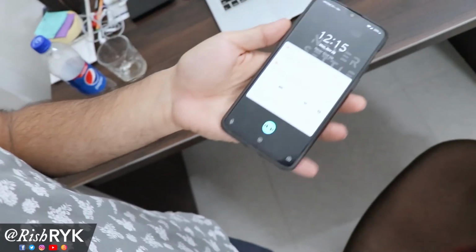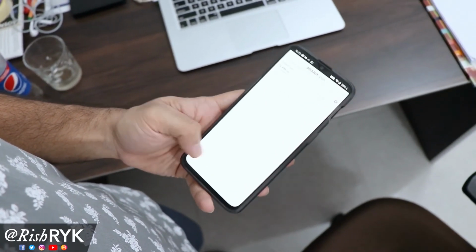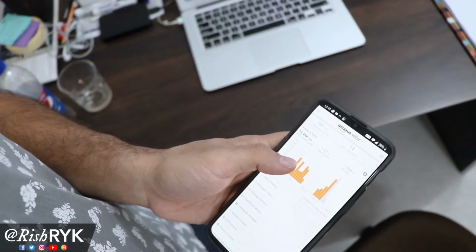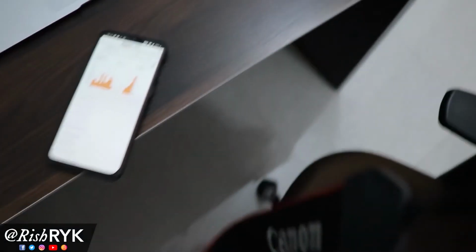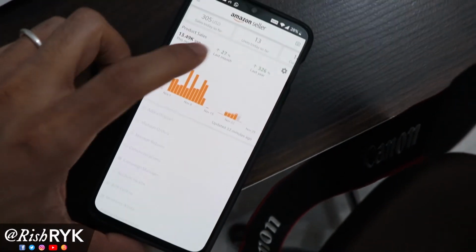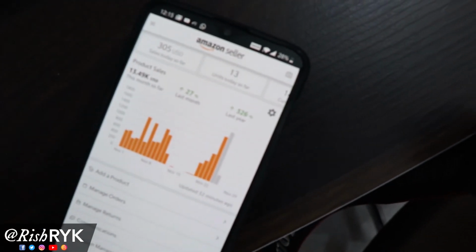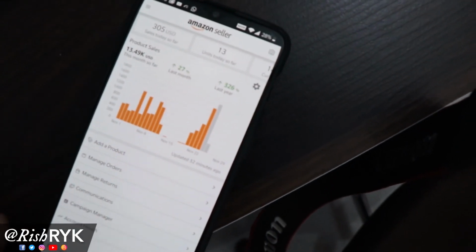Alright, I'm gonna go to bed, but before we go to bed, let's do what we always keep doing with Amazon FBA. Let's refresh my phone and see how many sales I'm making. I'm gonna open my phone right here, go to my Amazon account. Yeah, look at that. Do you see that? Let's refresh. Right, so I believe we are at 13 orders.